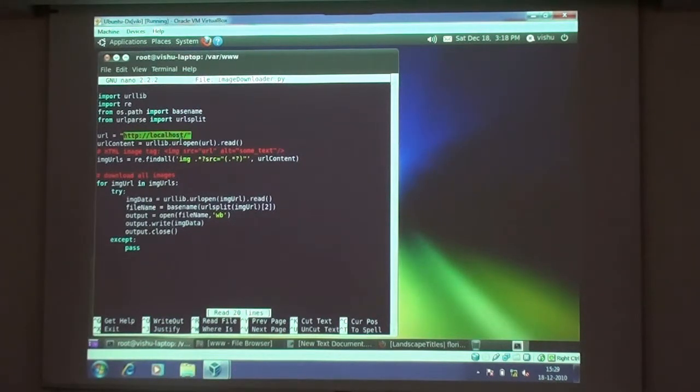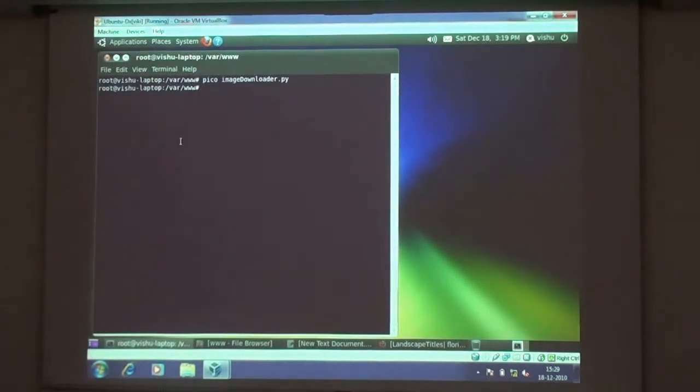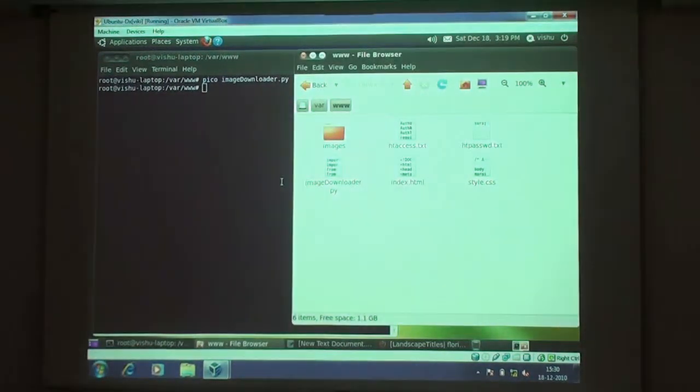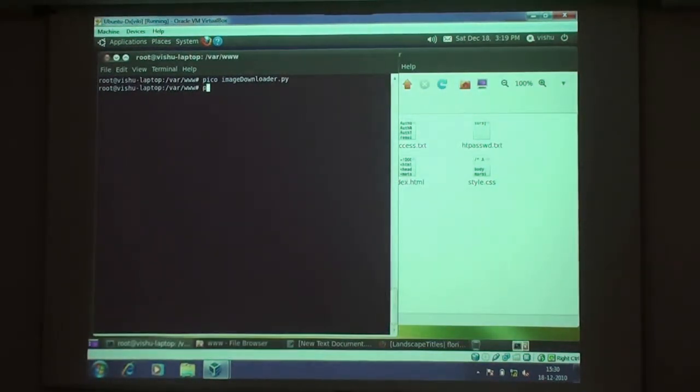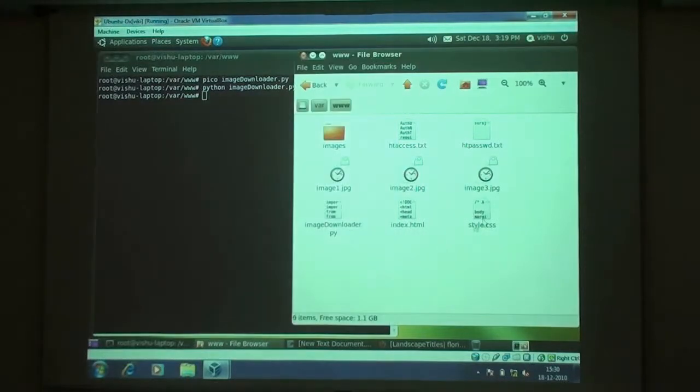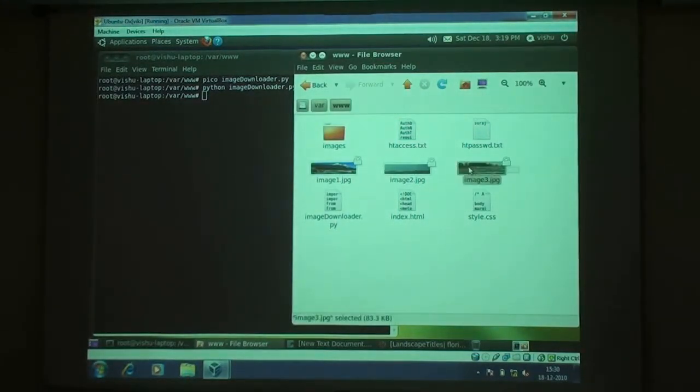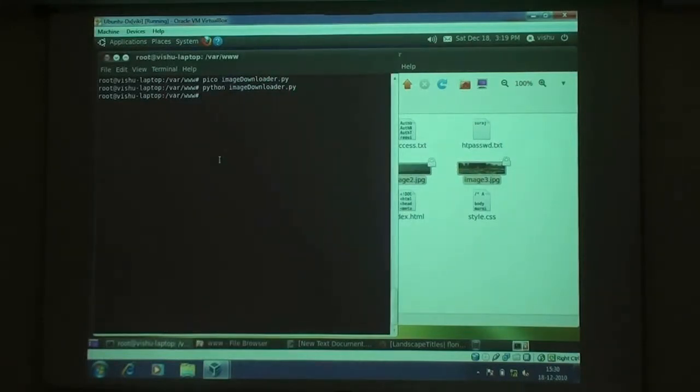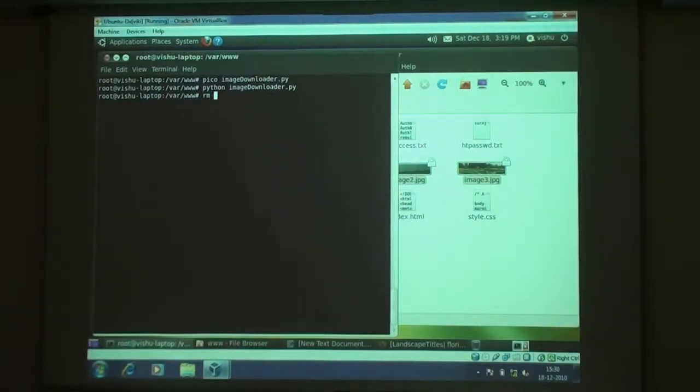So this is just a simple crawler, and now to show how this crawler works, let's run the crawler and check. Here beside this folder, we can see that there are 3 images that are downloaded by the crawler. So it shows that the crawler is working properly.